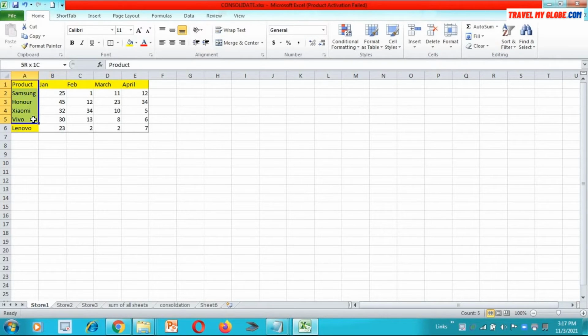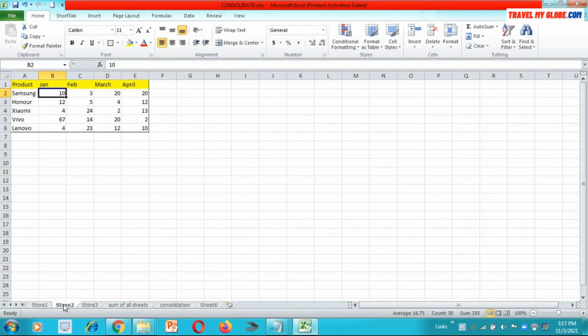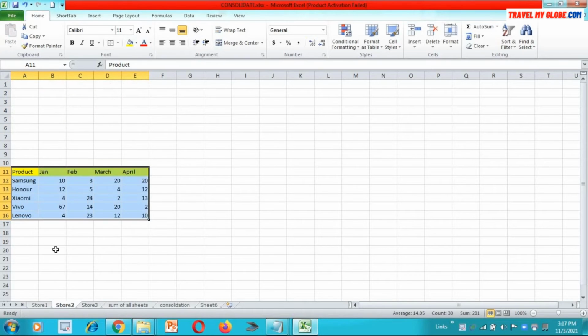For example, our data in sheet 1 is not here, our data is here. And in sheet 2 it is at a different position, and we want to calculate the sum, or we want to know the sale of all the products in a separate sheet.